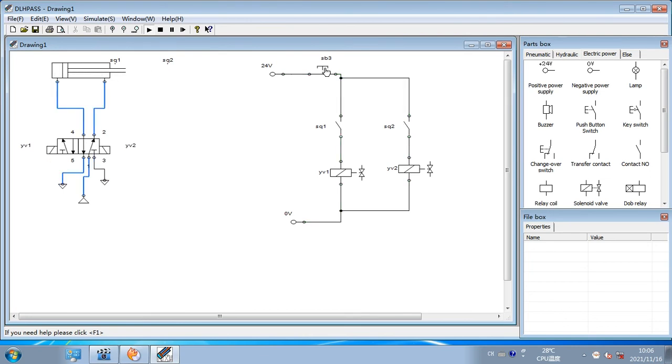You can see when you press, it extends and retracts. Here you can see this is an Autorun operation. When you press the self-locking button, which is the SB3 button, it operates in the auto. You can see when you press this,